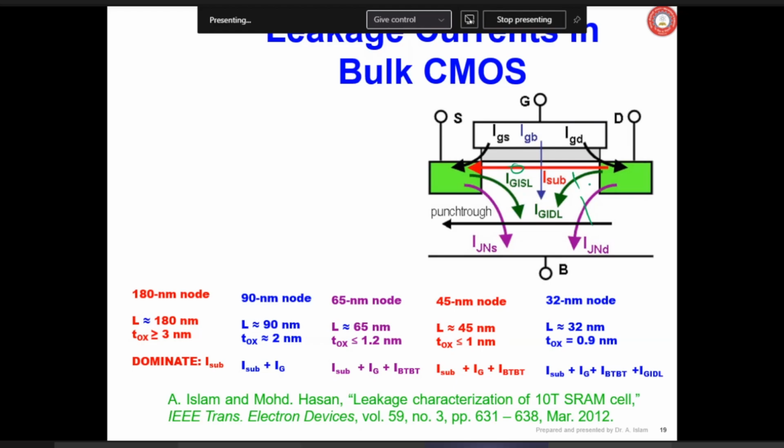So you can understand that I_sub is nothing but the drain to source current when the MOSFET is in off state, meaning gate voltage is 0, V_GS is 0 or less than threshold voltage. During that time, the current flowing from drain to source is I_sub, and it is not desirable, because in off state, if current is passing, then the battery of your mobile or any portable gadget will be drained quickly, and you have to recharge again and again. Could you understand this point?